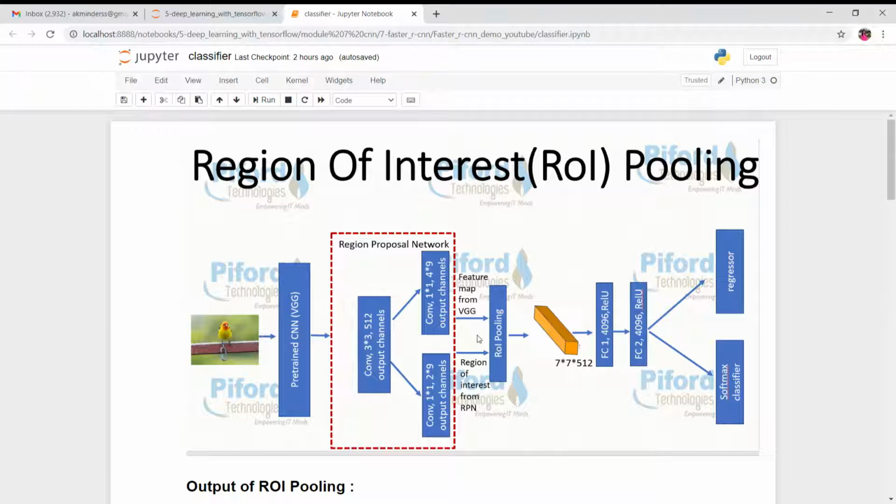Please look at this image over here. I have designed a Faster R-CNN architecture. First of all, this is an input, and the input is going to a convolutional neural network. We are using VGG16 over here.